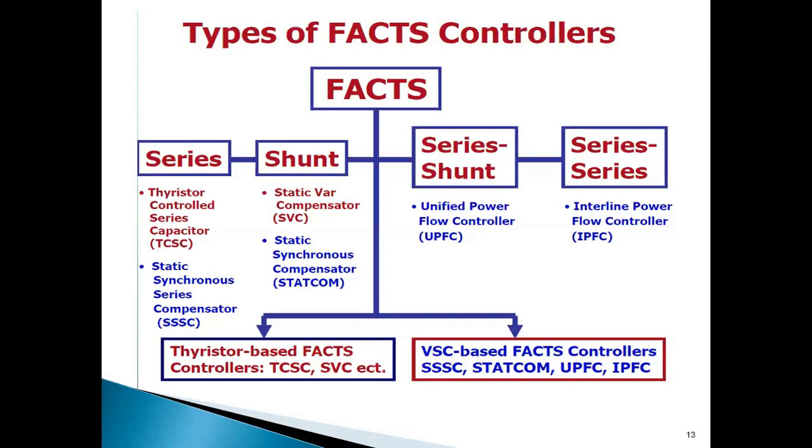It is modeled as a synchronous voltage source, therefore we call it a static synchronous compensator. And for series-shunt, we have the UPFC, unified power flow controller. Why is it called unified? Because it is trying to combine the features of both types of FACTS controllers, series and shunt. And the interline power flow controller has the feature of combining both series